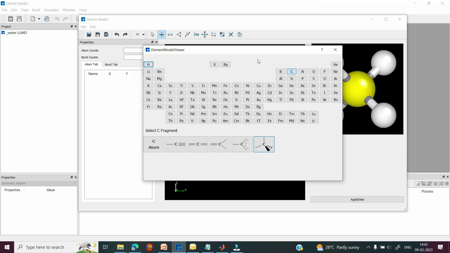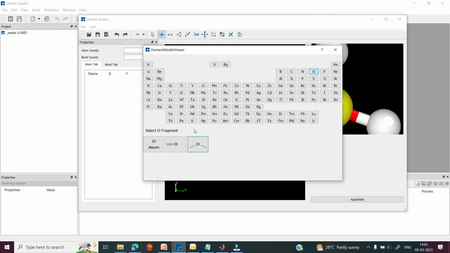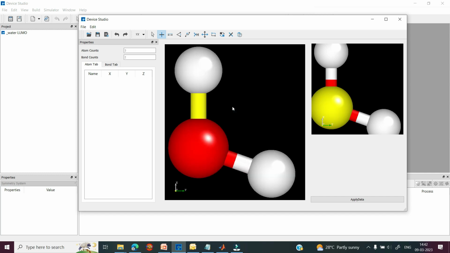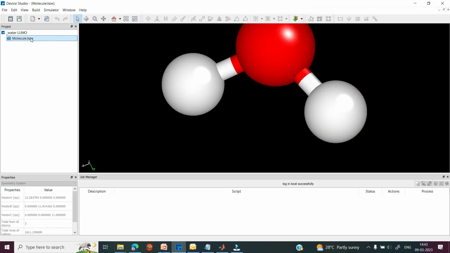So for H2O molecule, first I would like to select this oxygen, and here you can see the different fragmentation. I would like to select this fragmentation, and here you can press. So this is the H2O molecule, and then you can click on this apply data, and in the project window you can rename this molecule.